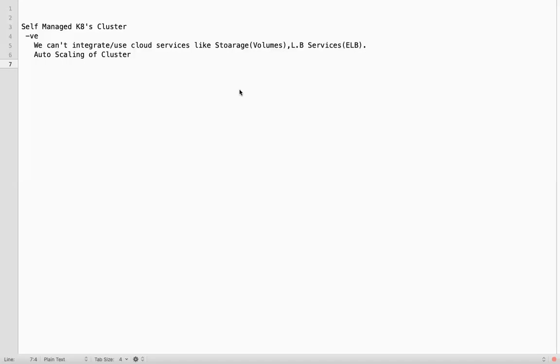We cannot leverage the cloud services in a self-managed Kubernetes cluster. Suppose something goes wrong with your master, you need to manage it. If you have a multi-master Kubernetes cluster and one is down, the other one will take care. But again, you have to recover the cluster yourself if something goes wrong. Auto scaling of the cluster and of nodes will not be there